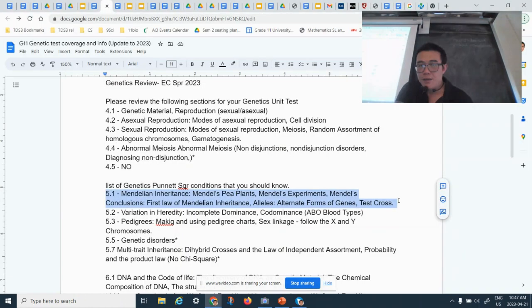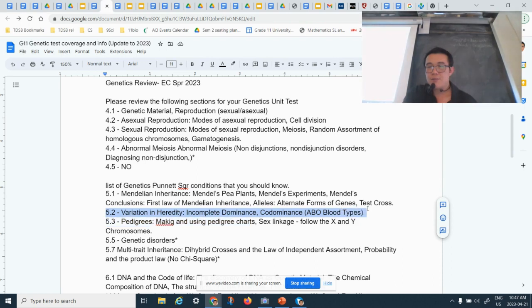Now, right after this handout, we did an activity, the make a face activity. So a lot of time was spent on it. That kind of led us into a lot of concepts. Now, we also did this here, variation of heredity. So we did have a handwritten note on that one, which is